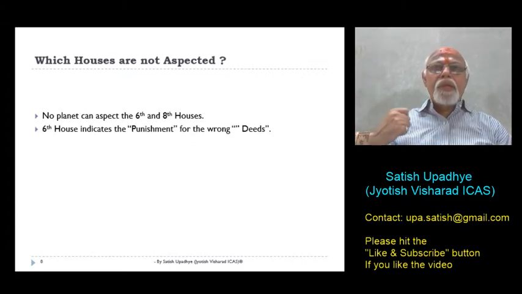What does the 6th house indicate? The 6th house indicates the punishment for the wrong deeds. Remember it. The 6th house always indicates the punishment for the wrong deeds done by the man, and the 8th house,